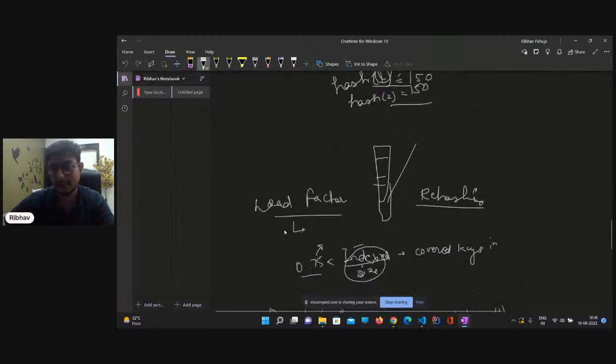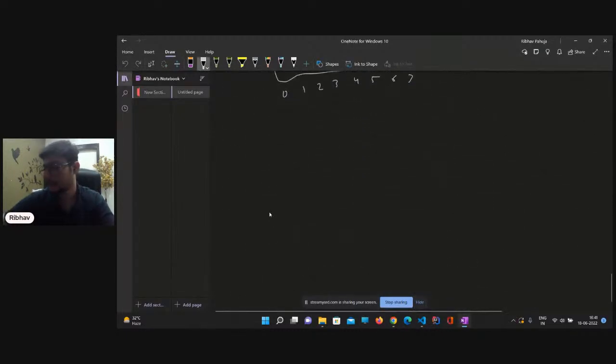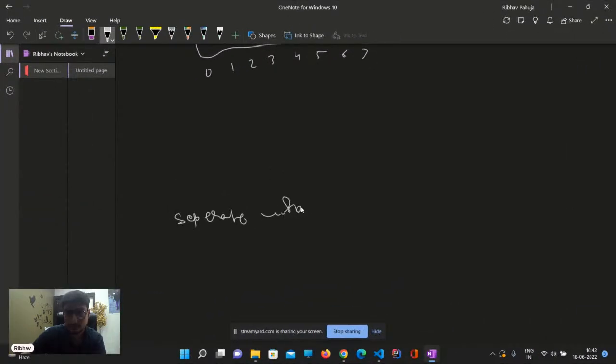One thing that I want you guys to know is we'll be implementing the separate chaining algorithm for hash maps. In separate chaining, let's say the hash of two values comes out to be 2.